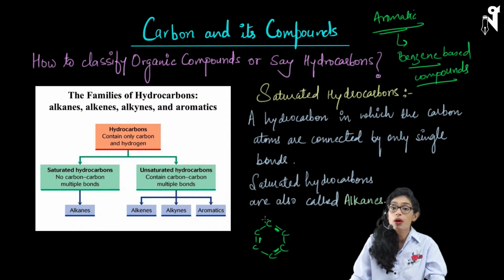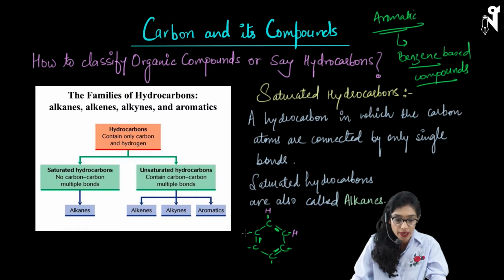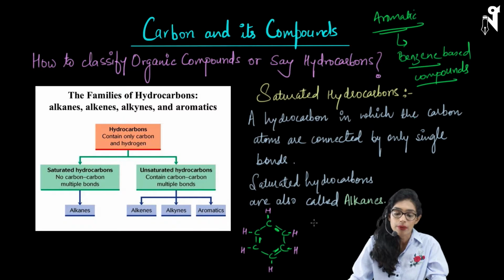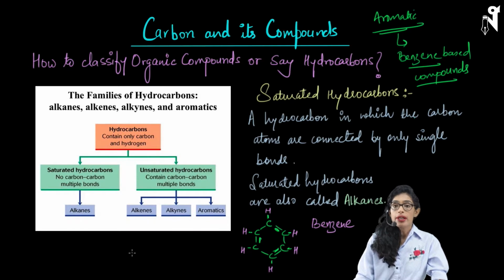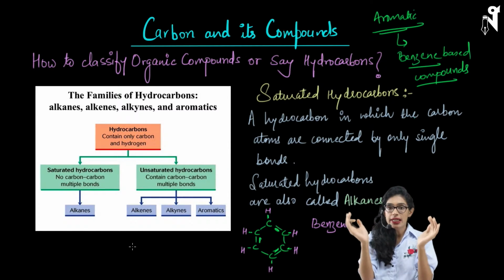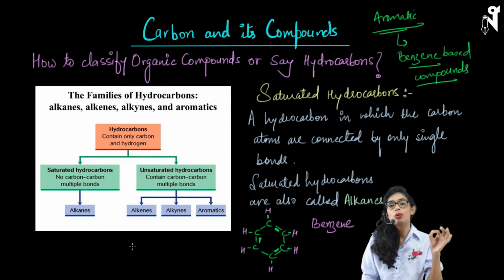And then let's talk about fulfilling their valencies. So here each carbon has already made 3 bonds, so one valency would be unfulfilled in each case. And let me fill up that valency with hydrogen. As I mentioned, the valencies will be filled by hydrogen always. This structure is called benzene. Okay, so here what has happened, 6 carbons have been linked with each other not in a straight chain, but in a cyclic structure, the closed chain structure where you have alternate single bond, double bond, single bond, double bond,